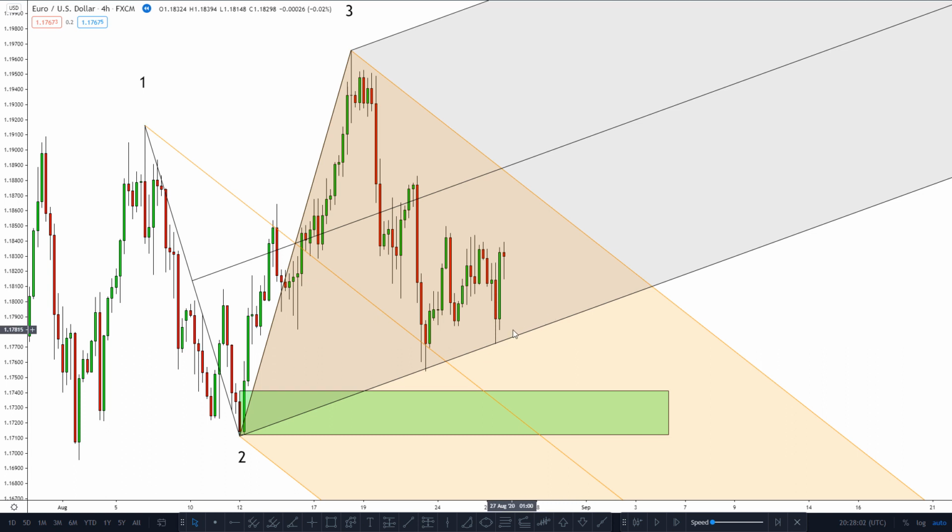Notice that there is a little story beginning to form here. Price went down to the center line of both pitchforks, started to drift away from the downsloping pitchfork, and is still trapped by the upsloping one. The remaining abstraction here is that price is in tune with these pitchforks. The fact that price touched the lower line of the modified pitchfork and reacted to it a second time means that we have the presence of buyers in that level, and we can think about a long trade opportunity considering